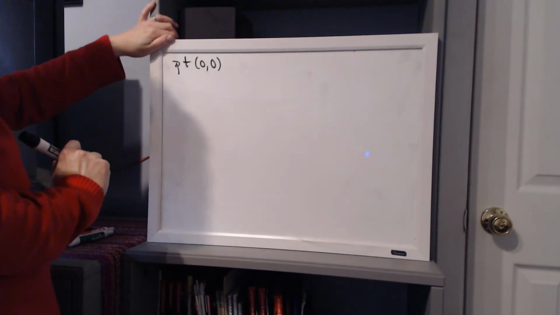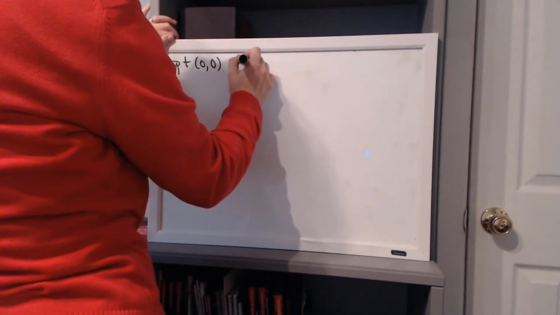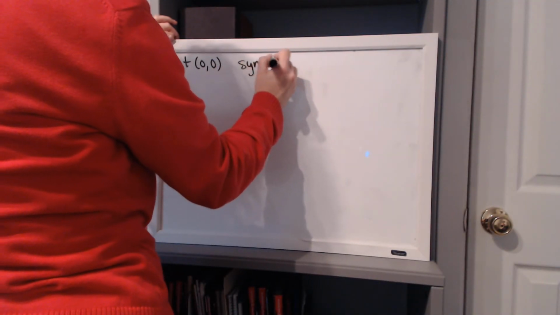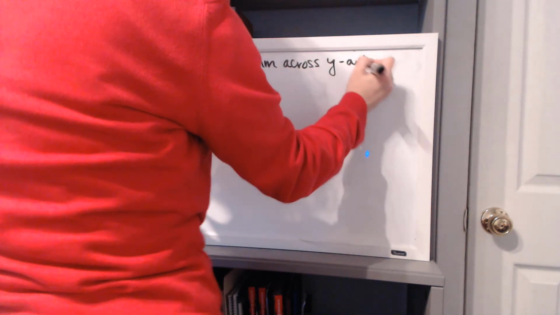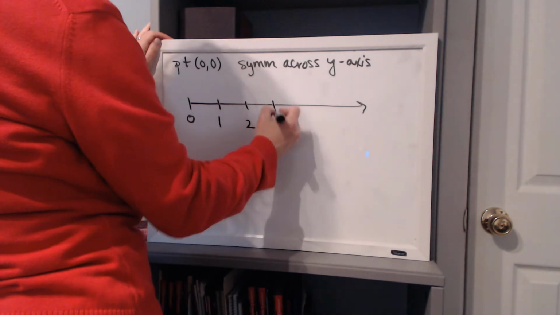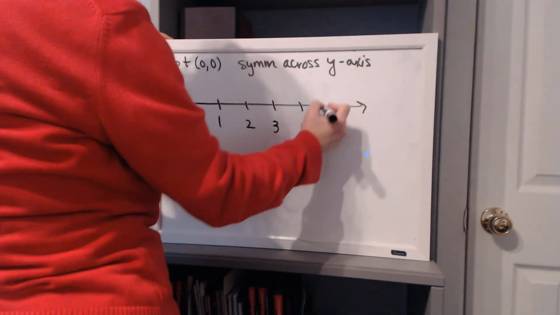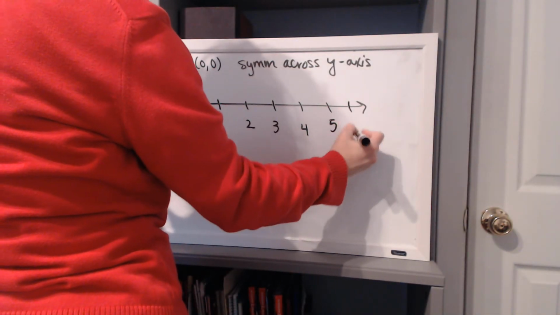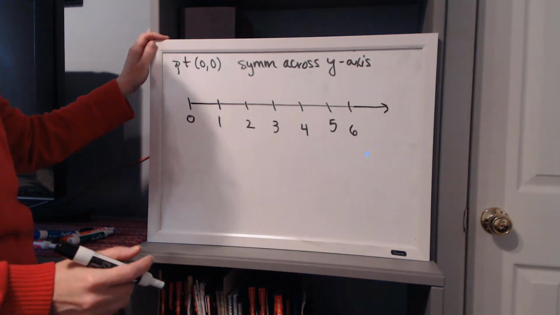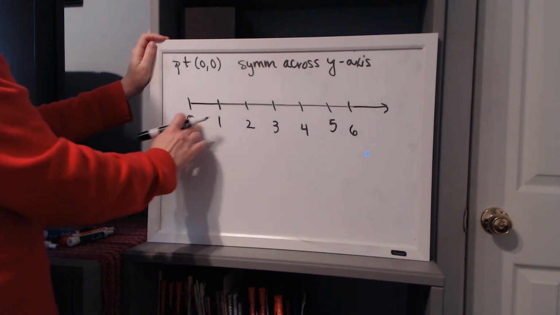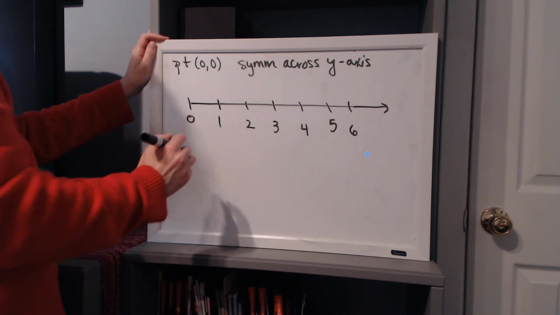Also going to remember we've got this point, and we know the graph is symmetric across the y-axis. But I'm going to put everything together on the number line with both the critical numbers and our potential points of inflection, because in some places we have concave up and increasing, some places we have concave down and increasing, and so forth. Okay, between 0 and 1, we had concave up